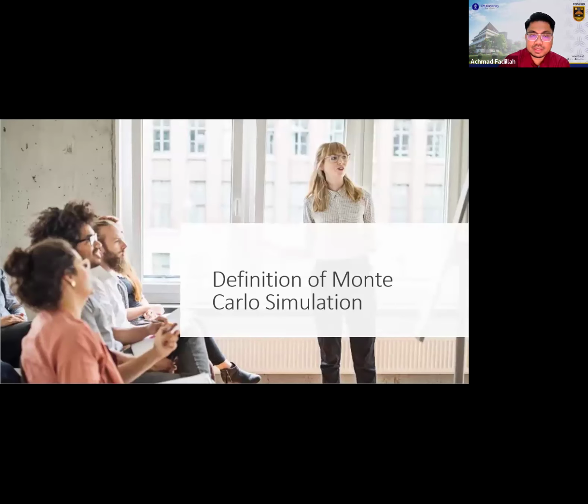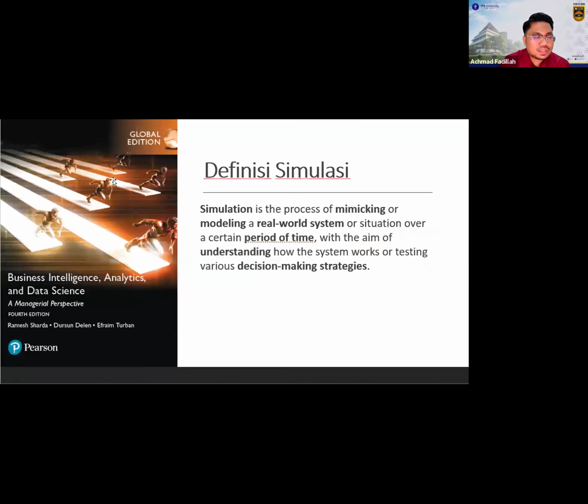And we start with the definition first. It's like an animal or a plant or something that maybe you're not familiar with, Monte Carlo simulation. We start with the definition of simulation first, before we talk about Monte Carlo. Sorry, this is still in Bahasa, but the explanation is already in English, and I will share it with the coordinator of the DAIP class in the international class. So this is the definition of simulation.